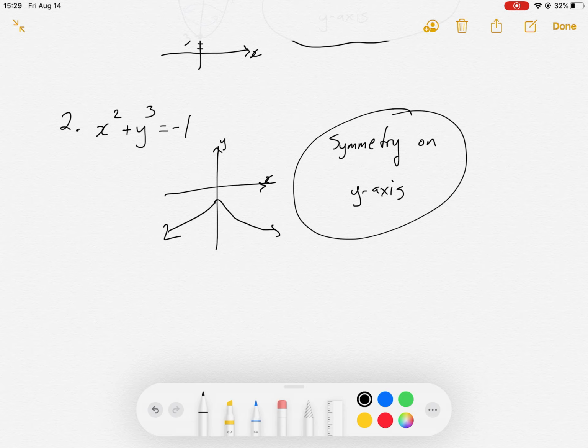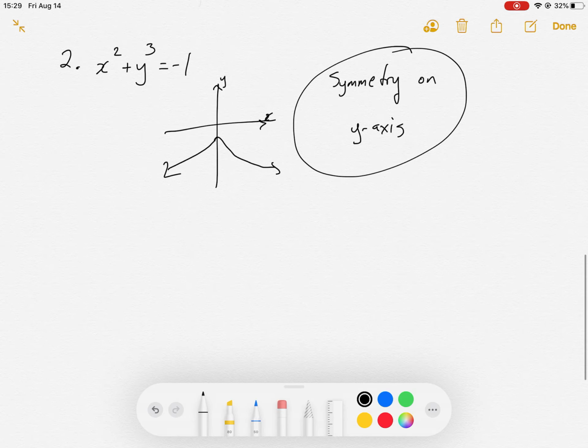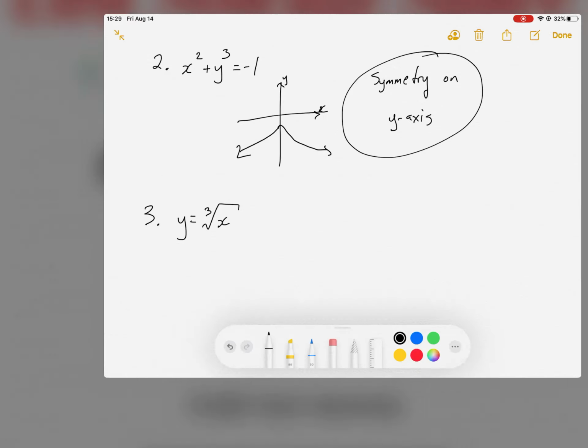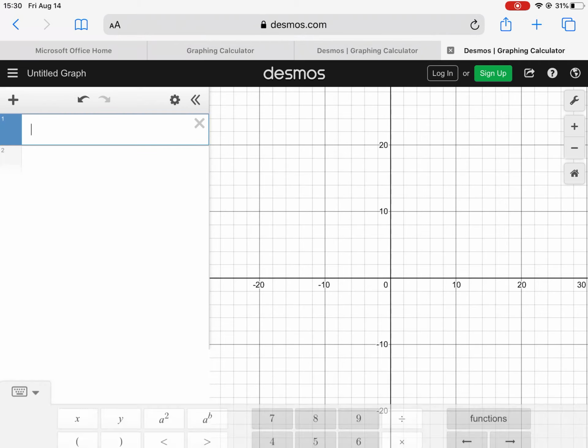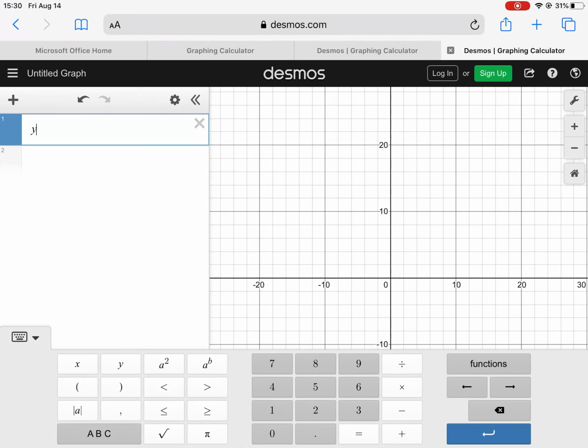We've done 2 symmetries on the y-axis. Let's change up our formulas here and let's do a couple of other symmetries. So I'm going to look at now y equals, let's say, the cube root of x. So going back to my Desmos graphing calculator, let's do y equals, now cube root is a little bit harder